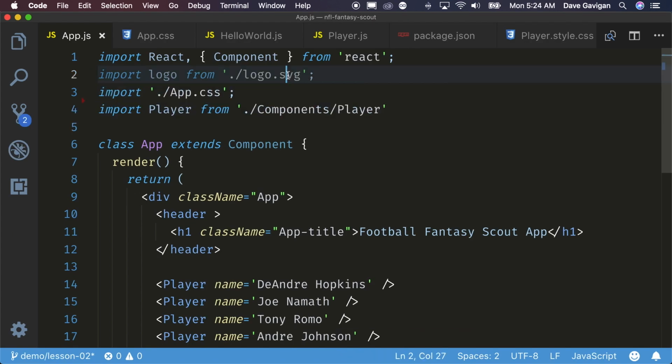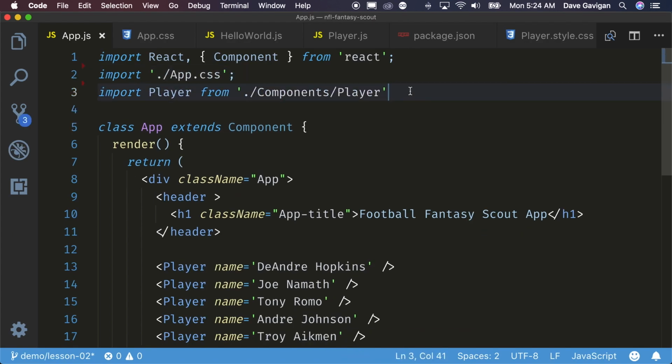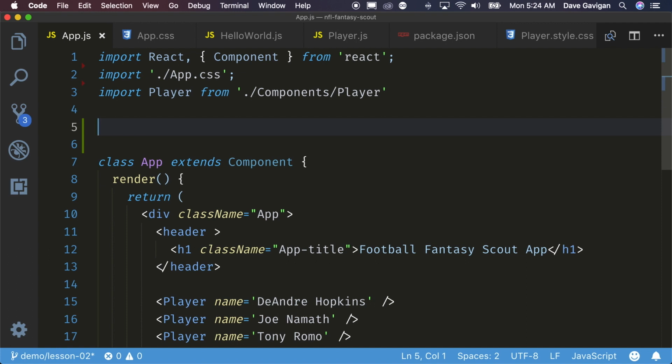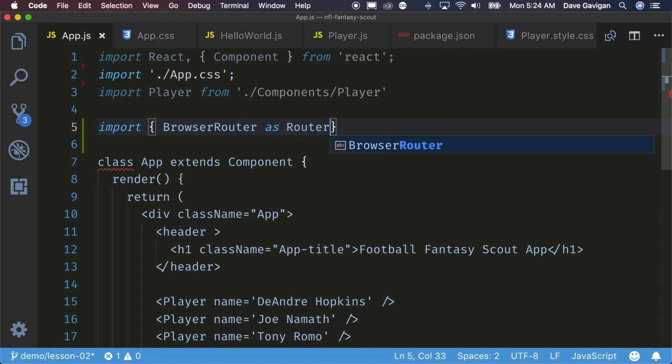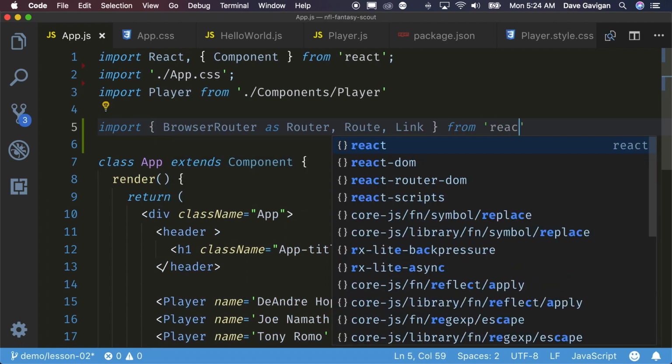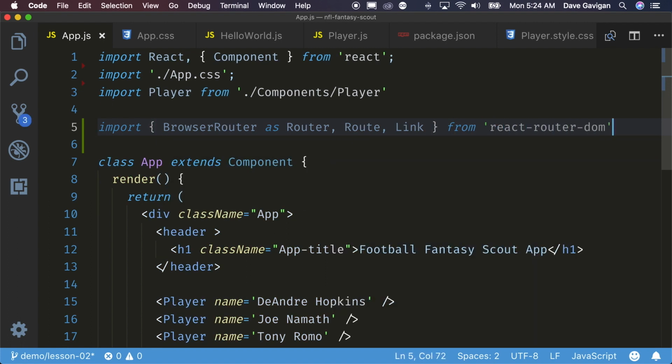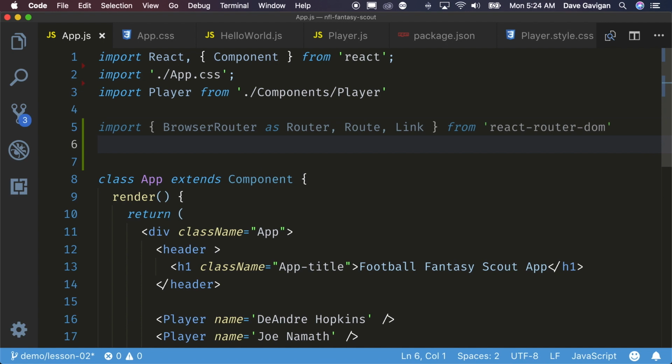Now go to your app.js file, the main file of the application. We're going to blow away the things that we're not using here, like the logo. I'm going to go ahead and import the router, and it's called the browser router, but I can rename this as router. Makes it a little simpler to work with. We don't really need to specify browser router. We know we're in a web app here. We need to import the route and then the link component from React Router DOM